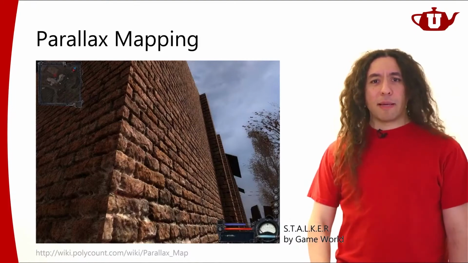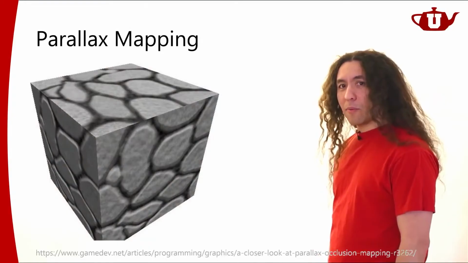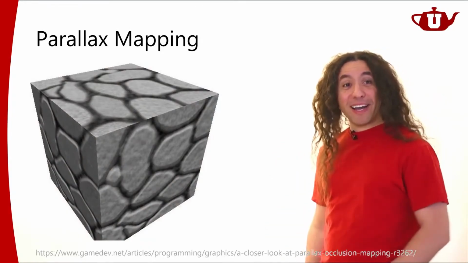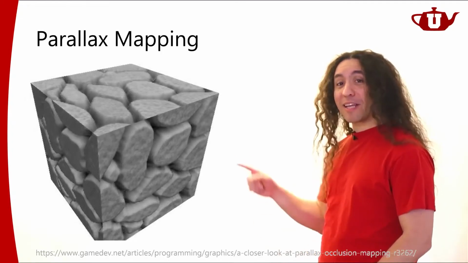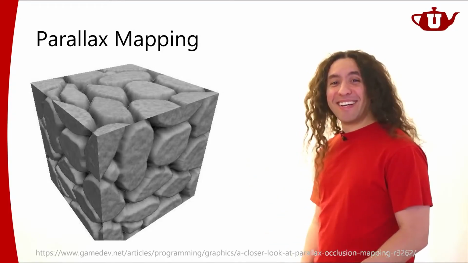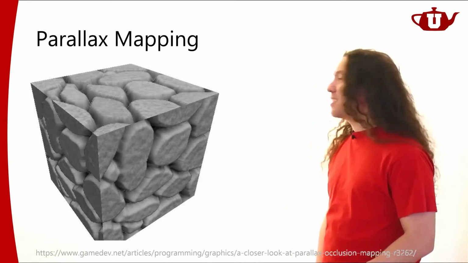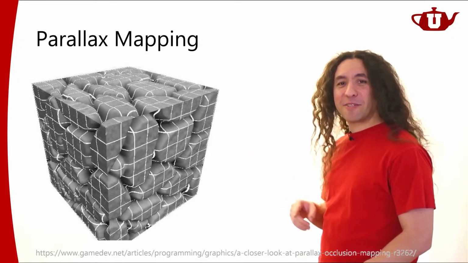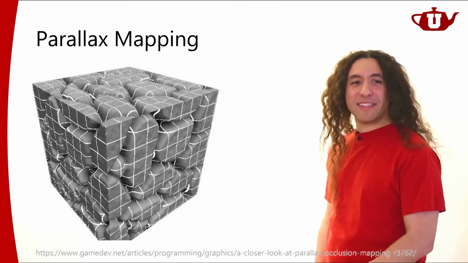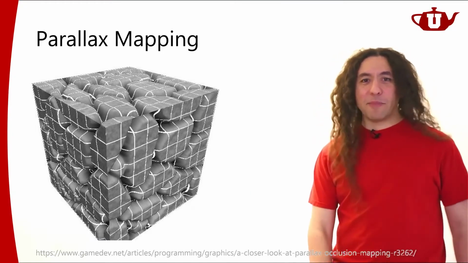Right. Let me show you another example. I really like this one. This is, well, it's a flat cube. It's nothing interesting here, but if I apply parallax mapping here, I can make it look like this, right? So it's really super deep crevices here, and you can see those. Here's another visualization just showing some grid lines over it, so you can see the 3D details very nicely.